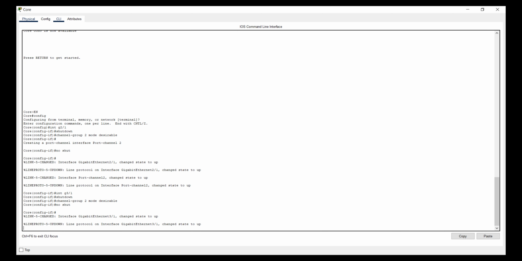Then I'm creating port channel 2 for the switch core. The related ports that need to be created as port channel 2 are the G2/1 port and G3/1 port. The command used for creating the port channel is still the same as the command used for creating port channel